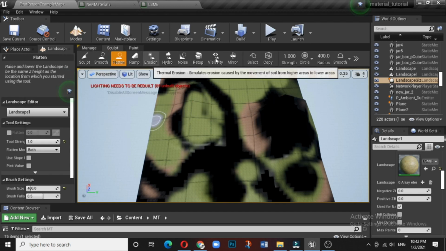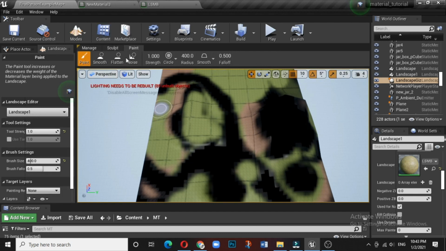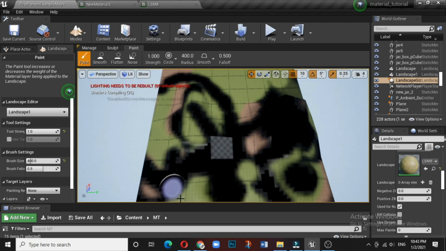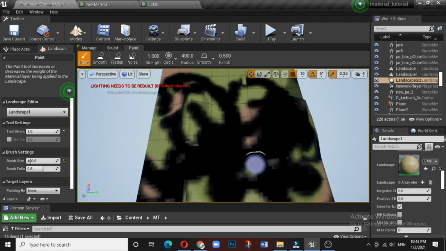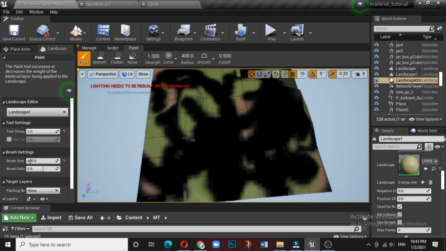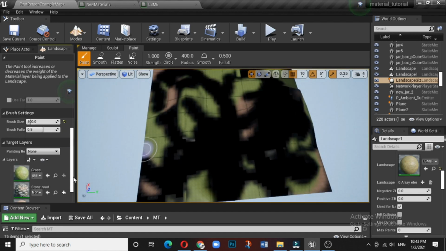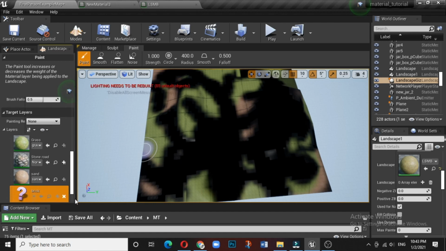You can smooth the ramp, although you will see that in some other video. In the paint you will see this, so it is already selected. Now whatever you do, it will appear only as black, so nothing is happening. Now what you have to do is come down to this layer.